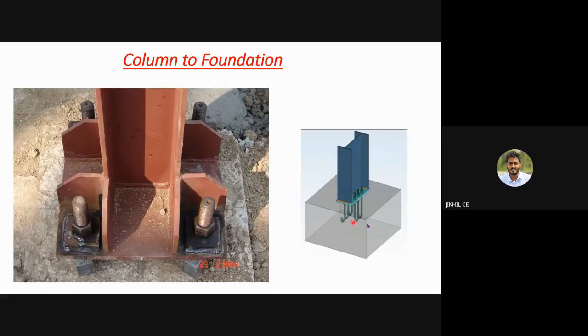Here we use the bolt, and this is the J bolt like this. As the shape is like the letter J, it's called a J bolt. Same principle. We are prefixing the J bolt into the concrete, and then we'll be placing the column over that, and we'll be tightening with the nut.